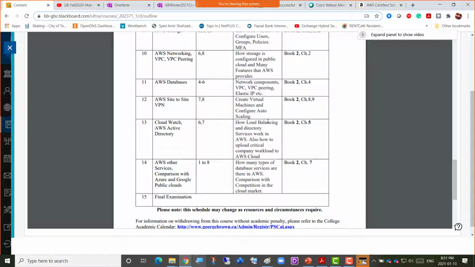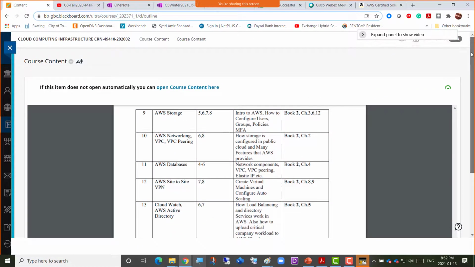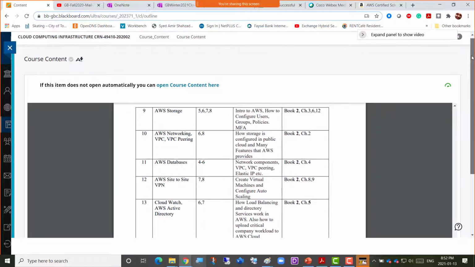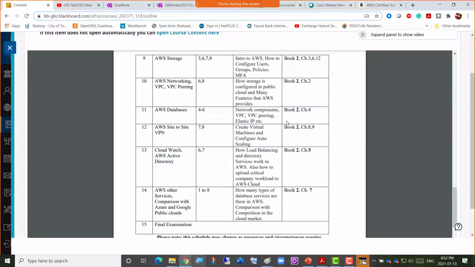Okay guys, so that was the intro and the course outline and some basic concepts about cloud and AWS infrastructure. Now if there are any questions, let me know. Otherwise, see you next Wednesday, 6 o'clock sharp, and we'll go with the next topics, and most probably I'll go for labs as well.